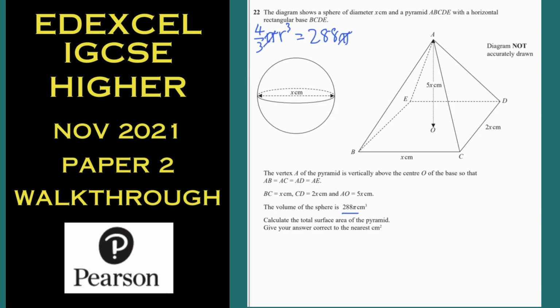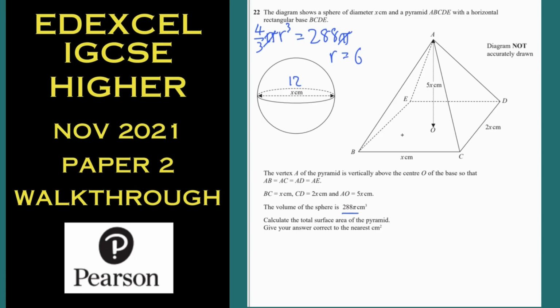Get rid of the pi's. We can now work out r. Do 288, divide it by 4/3, and then cube root it. You get the radius to be a nice 6, but that means that x is 12. Now, before we read on, let's get that onto our